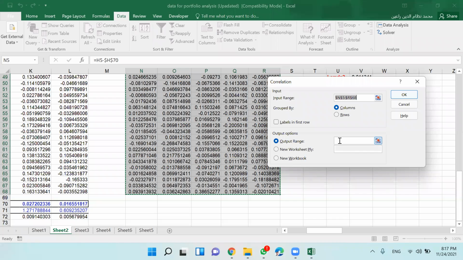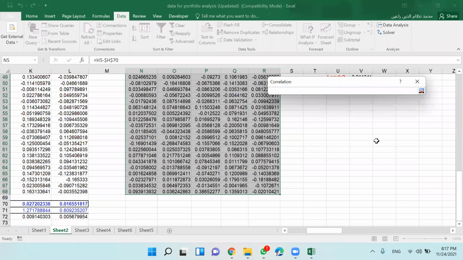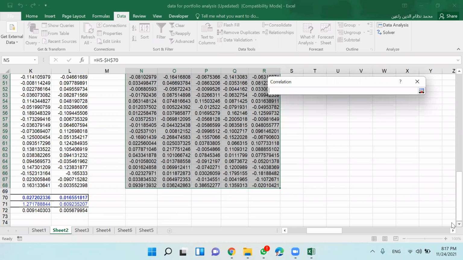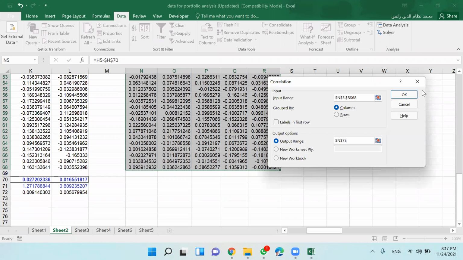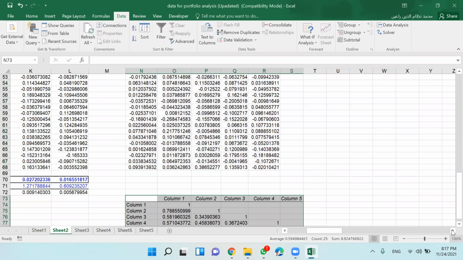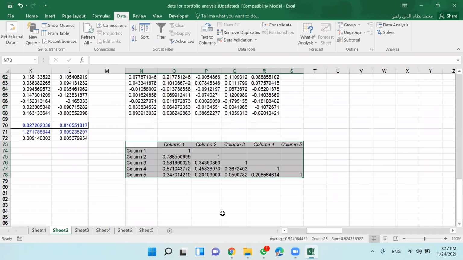So I give the output range here, I just select that and put the cursor down here to have the answer. I hope now this will work. Press OK, and I have this correlation matrix.